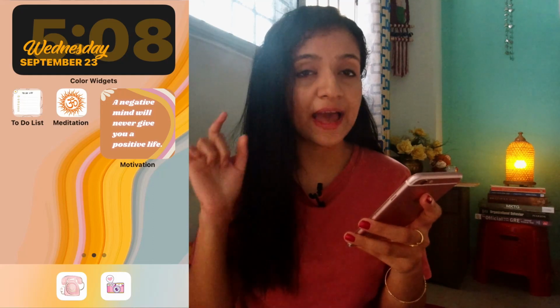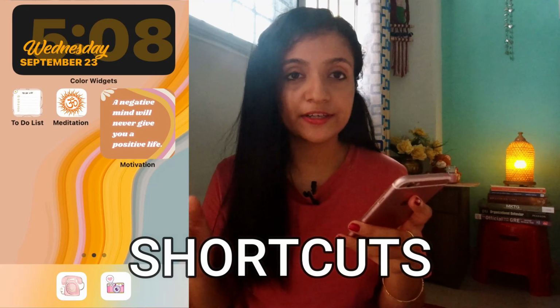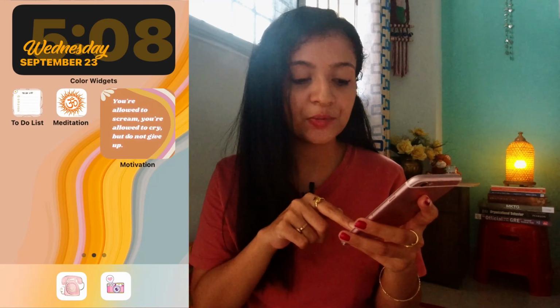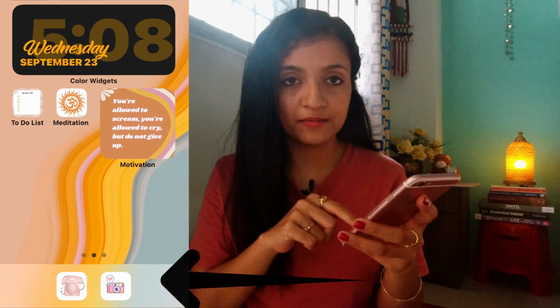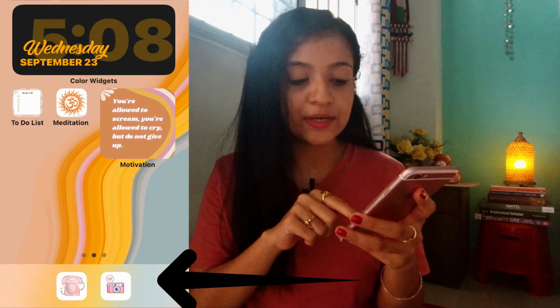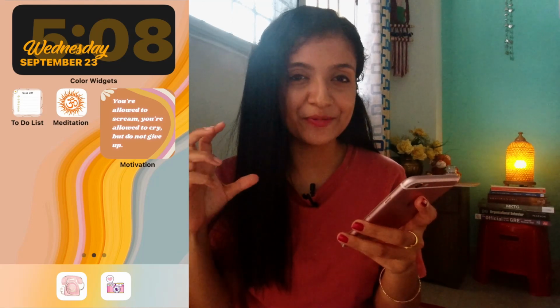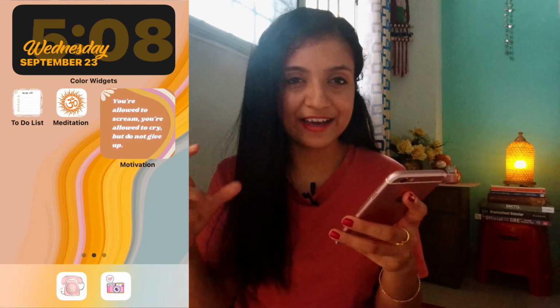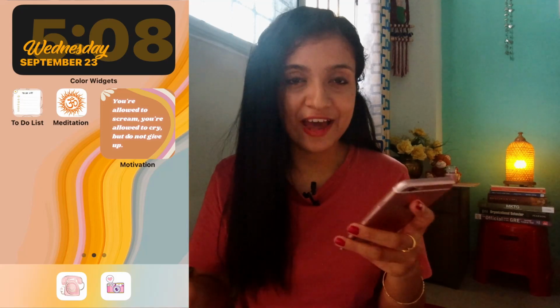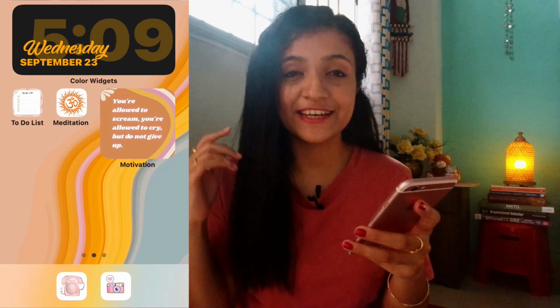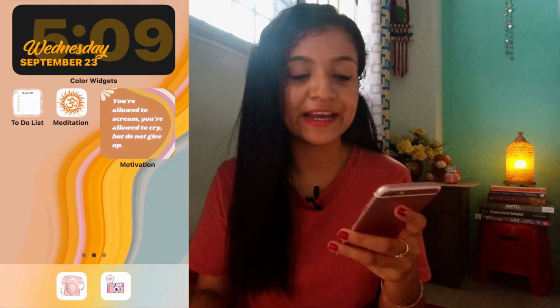I created these app icons from Shortcuts. So from Shortcuts it's very easy to create. Even the phone and telephone that you can see in the lower part, you can see here I have added one cute little telephone icon and one camera icon. I loved it, so that's why I've added this one, and you can do that easily from Shortcuts. So let me show you how I did that.